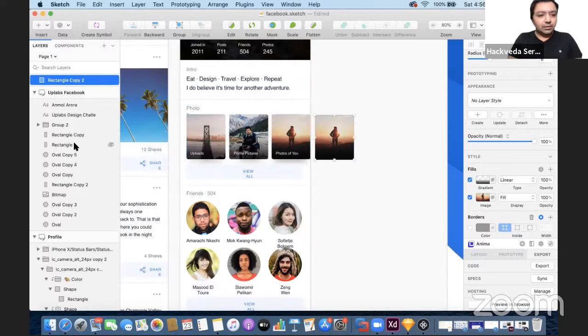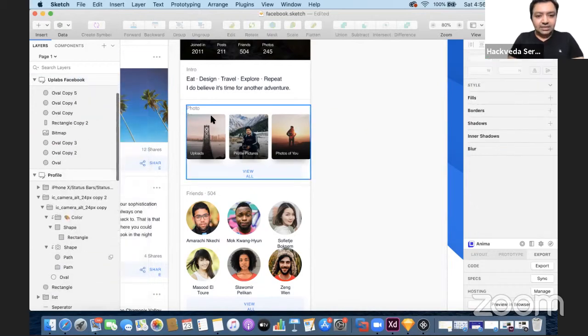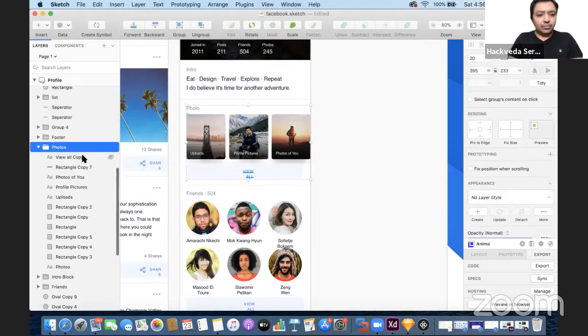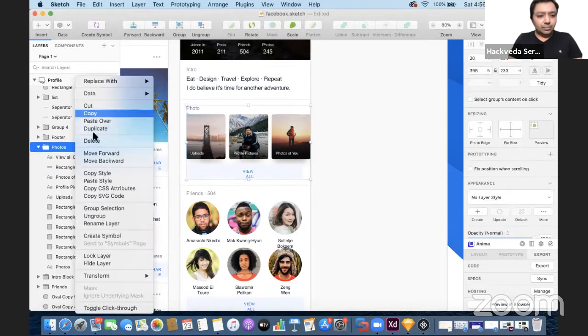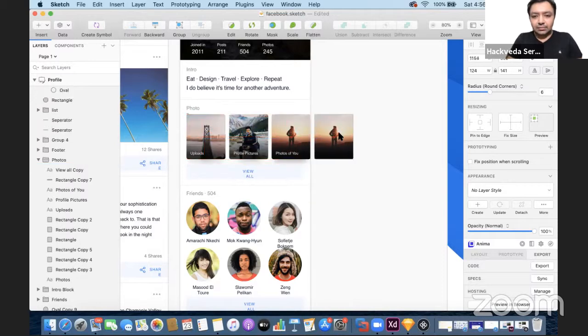Okay, I'll keep it here, and let's say I'm going to cut that and paste it into photos. Okay, so we can drag and drop and get that into photos. Once we have that in photos, we can actually keep it aligned where we want to see. So let's say I've dropped it here in the photos itself. Now if I select that,